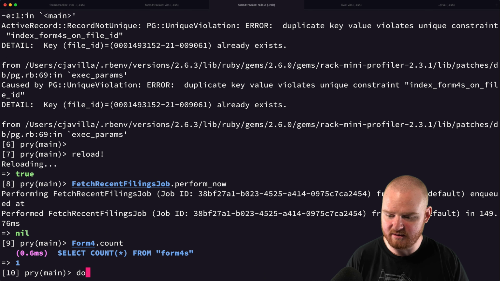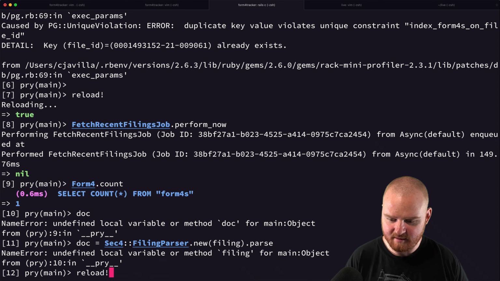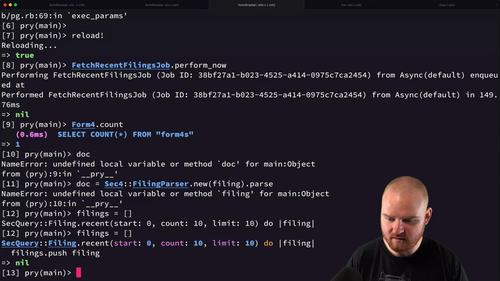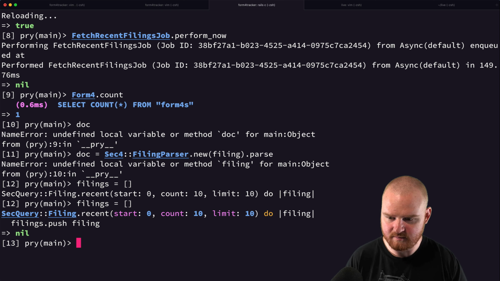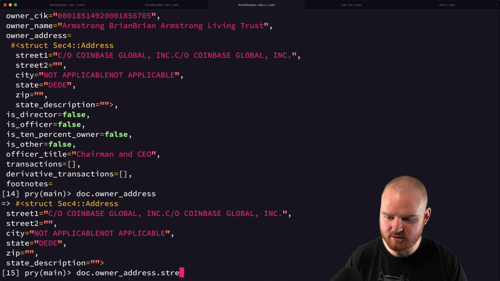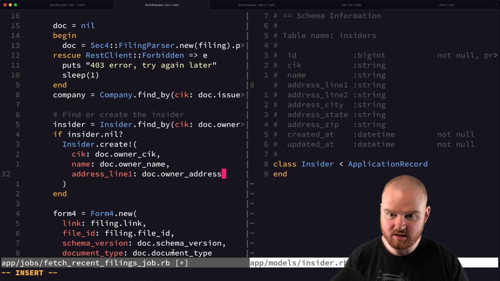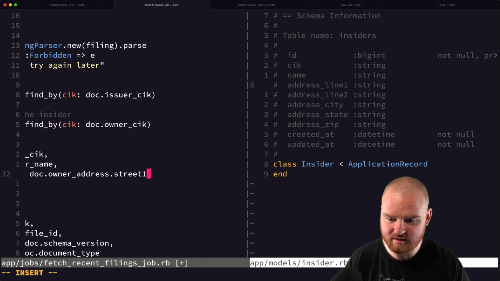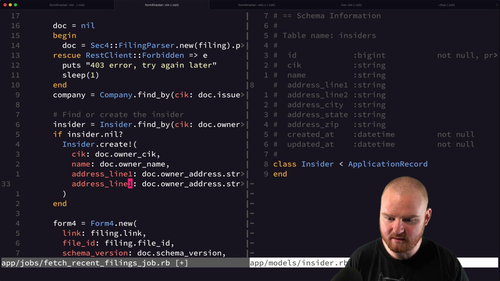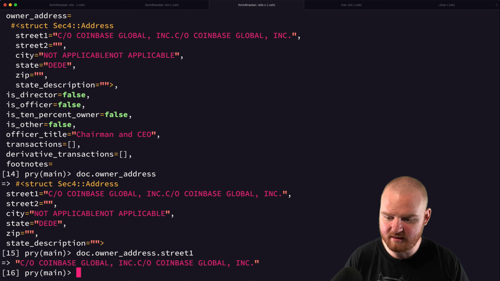Let's see. Doc, okay. Here, this thing. doc.owner.address.street1. I just want to make sure that I can use this dot notation to drill into the struct like that. So street1, street2, and then